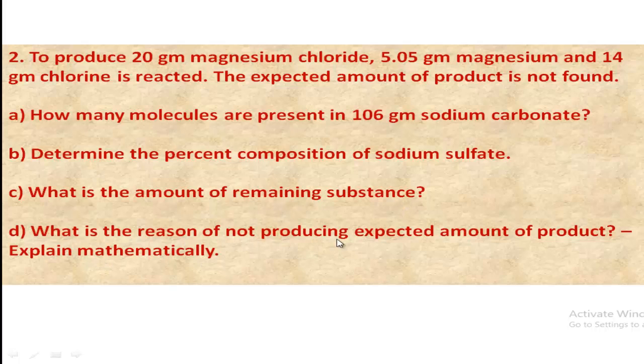What is the reason of not producing expected amount of product? Because the needed amount of limiting reactant is not used here. Like before, you have to explain this mathematically. So my dear students, this type of questions may come from this chapter, and this chapter is full of different types of maths, so you have to practice properly, then easily you can solve all types of problems from this chapter. So today up to this,